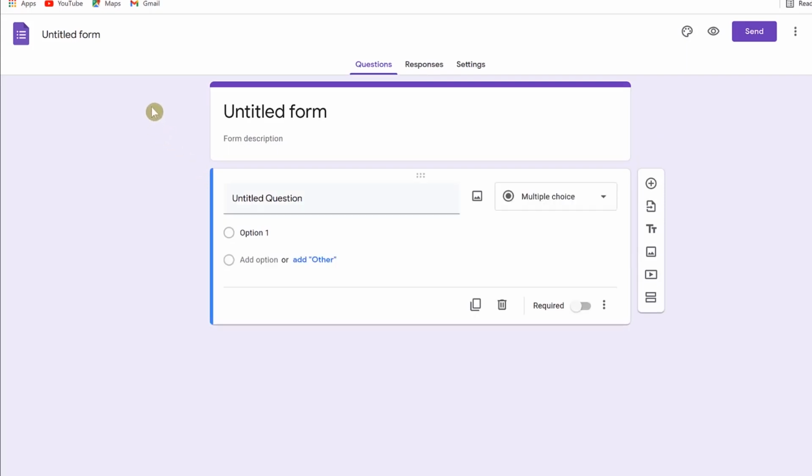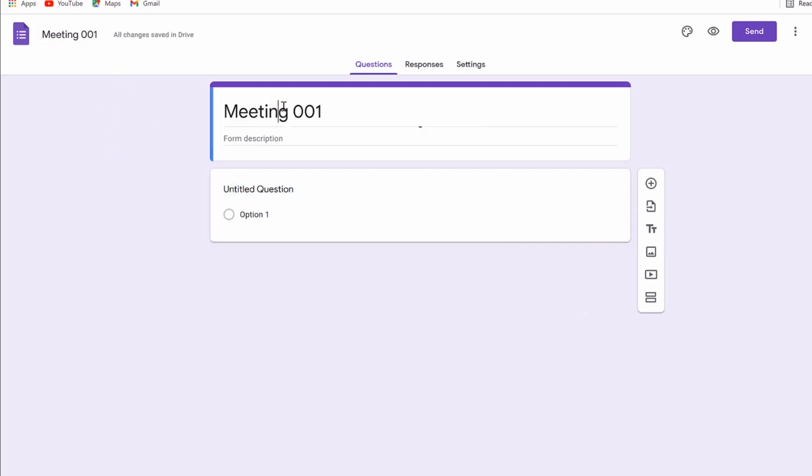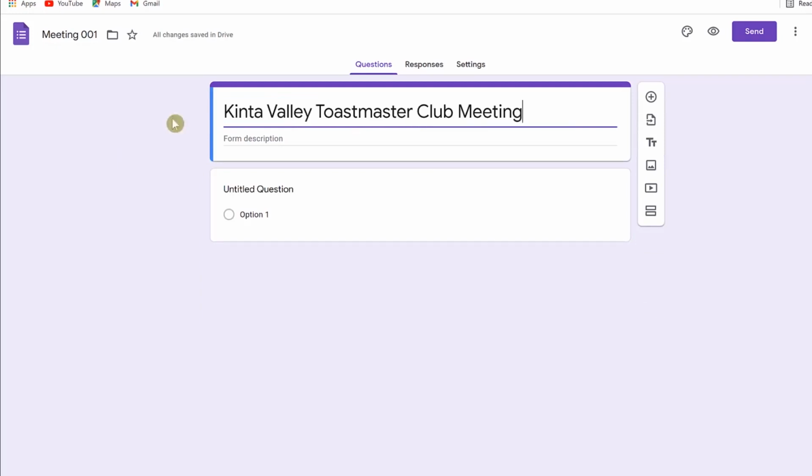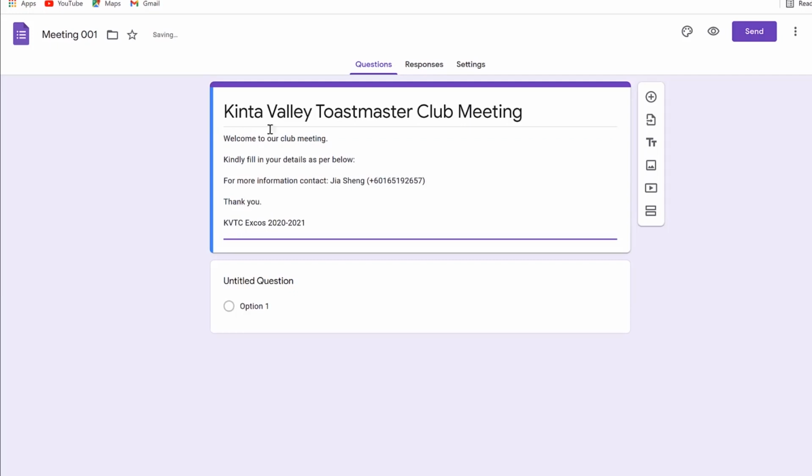So the first thing we need to do is to give the form a name. Okay, so we can just give it, maybe let's say meeting 001. This is our first meeting, and we can give it a title over here. Say Kintevali Toastmasters Club meeting. Okay, down here you have to give the form description. What kind of information you want to share with your participants or your audience. Say for example, welcome to our club meeting. Kindly fill in your details as per below,